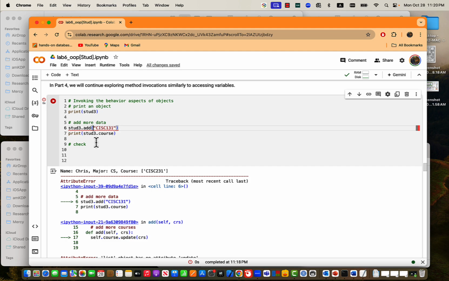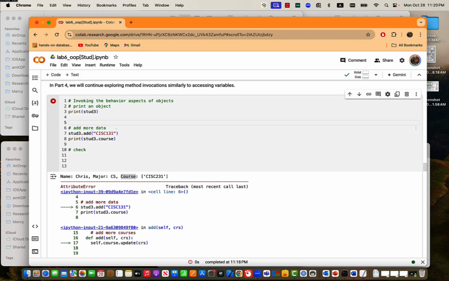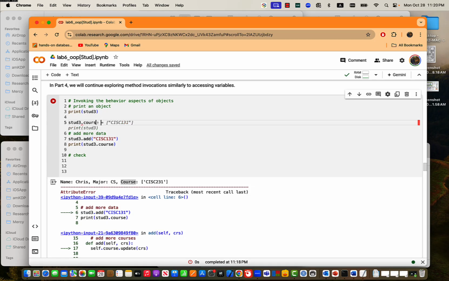So this student, the problem here is the course. The course needs to be changed. So I need to do student 3 dot course, which is course, needs to be changed